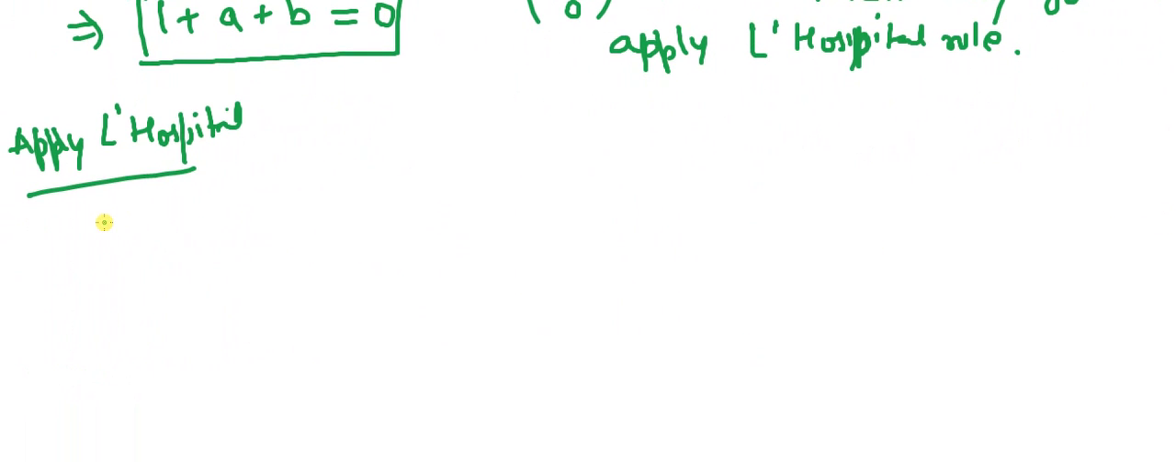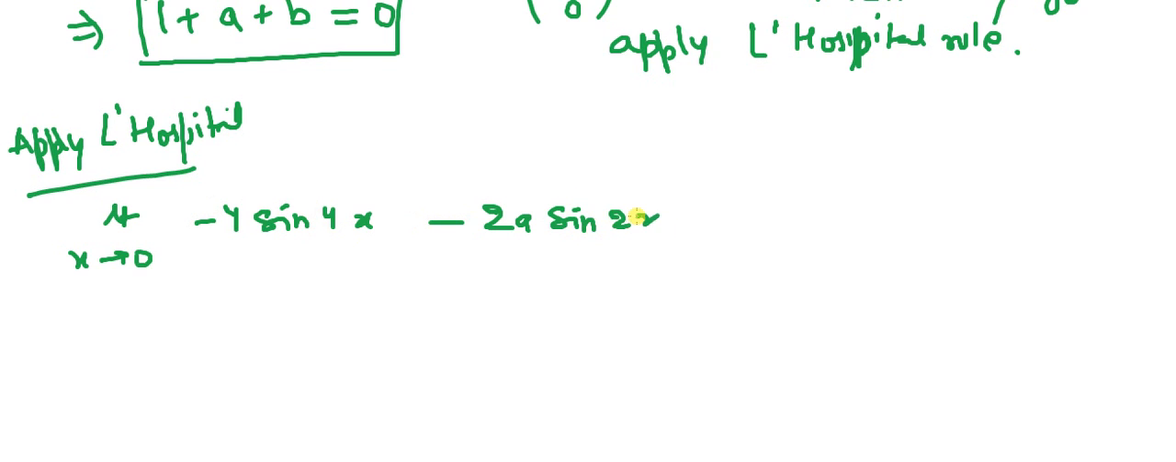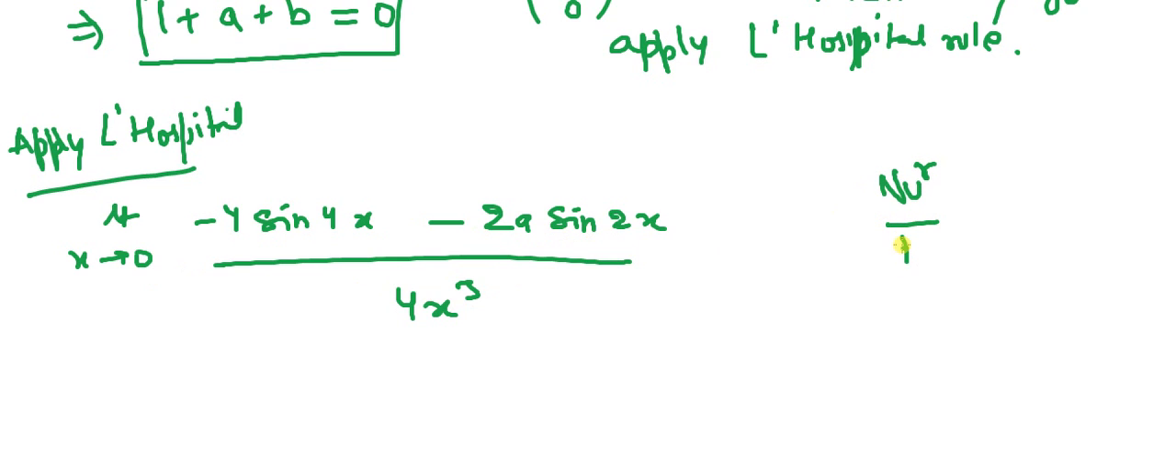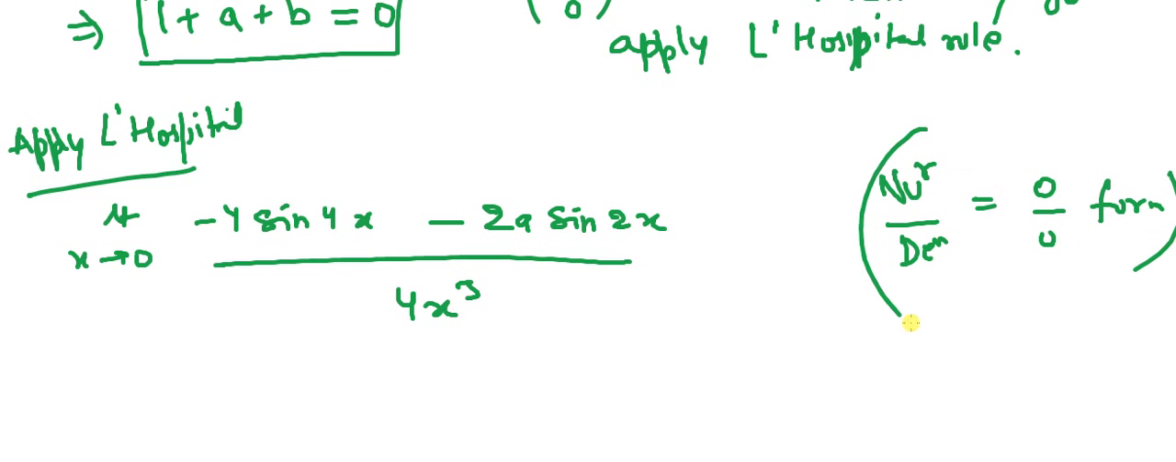Apply it, you find limit x tends to 0 of minus 4, just simply differentiating, you'll find this. Okay, now you can again put x equal to 0 in the question. You'll find numerator upon denominator to be 0 by 0 form. You can check. Okay, 0 into 0, this quantity becomes 0. This is also 0 into 0, this also becomes 0. Again apply